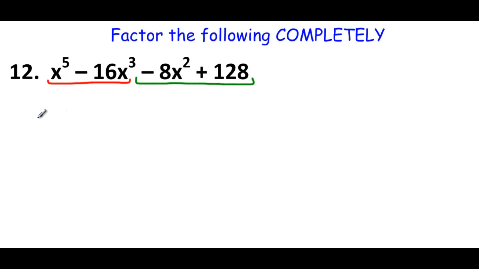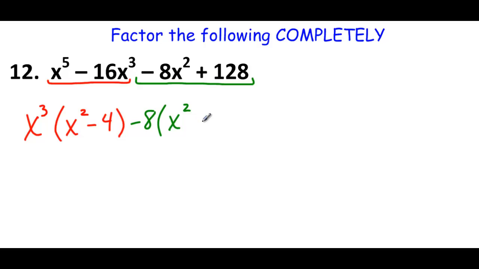If I look at the first one, I know I can factor out an x cubed, which leaves me with an x squared minus 4. If I look at the second 2, to help you out, do you see how you have an x squared minus 4? So that means I want a positive in front. So I'm going to try to factor out a negative 8. If I do that, I'm left with x squared minus,